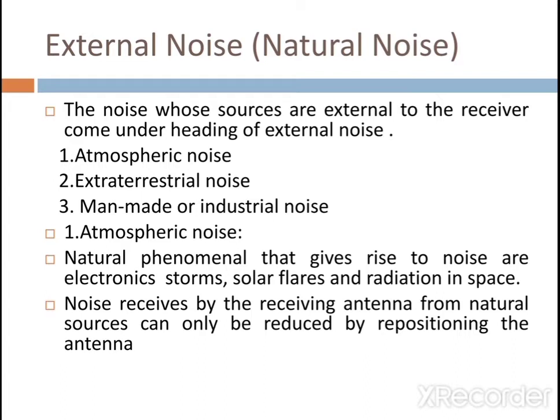So first, atmospheric noise. Atmospheric noise is produced due to the natural phenomena, like electrical storms, solar flares, and radiation in space. That means atmospheric noise is produced due to this atmospheric effect. Then in atmospheric noise, noise received by the receiving antenna from natural source can only be reduced by adjusting,